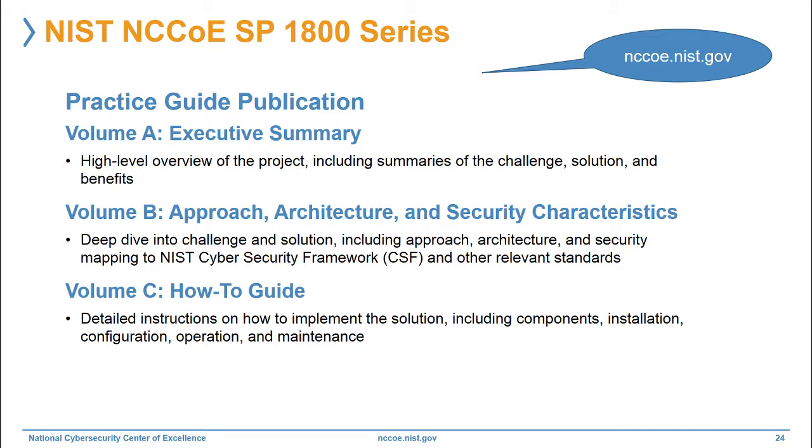Volume B is targeted at the more technical people in the organization and describes the problem in more technical terms, describes the architecture, the approach we took to coming up with that architecture, the security characteristics, and that typically includes the matrix that I referenced before, which maps the CSF framework to NIST standards, other international standards, and in the finance sector, FFIEC guidance. Volume C is a how-to guide,